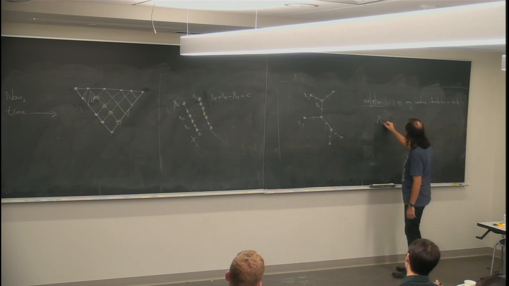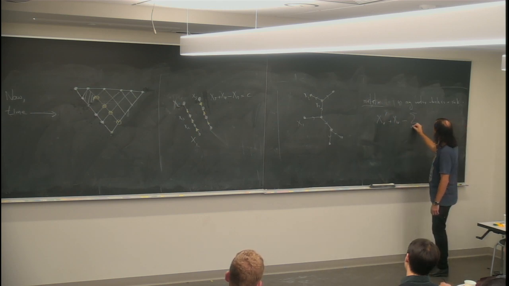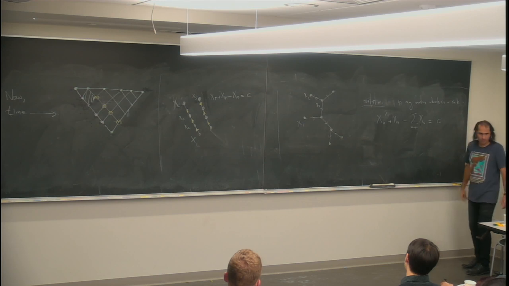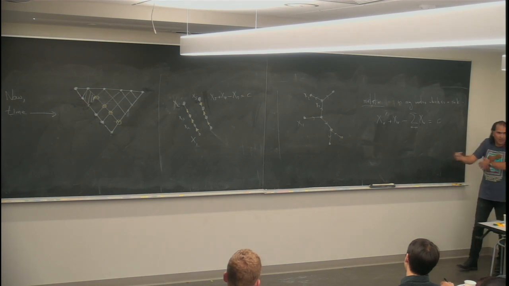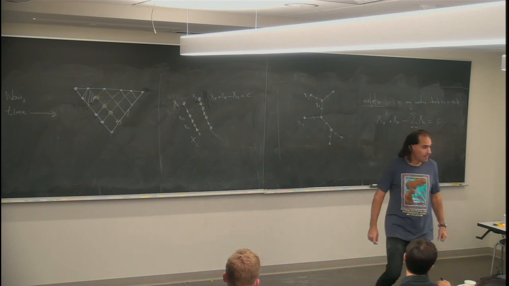and I get a new variable associated with that vertex by solving the equation xb prime plus xb minus the sum of the x's associated with all the vertices connected to b by an edge is equal to some constant. And I get a new constant for every mutation as I go. Okay? On any sink or source.